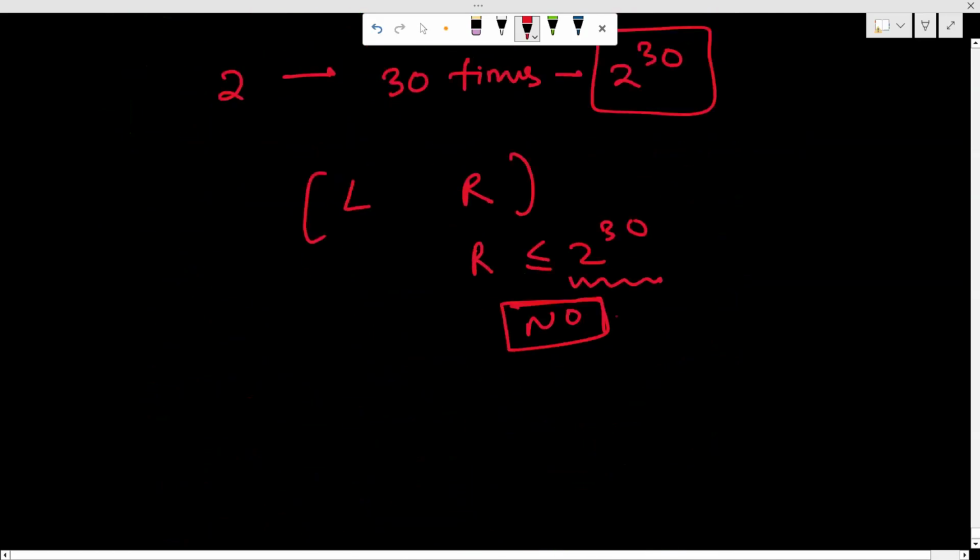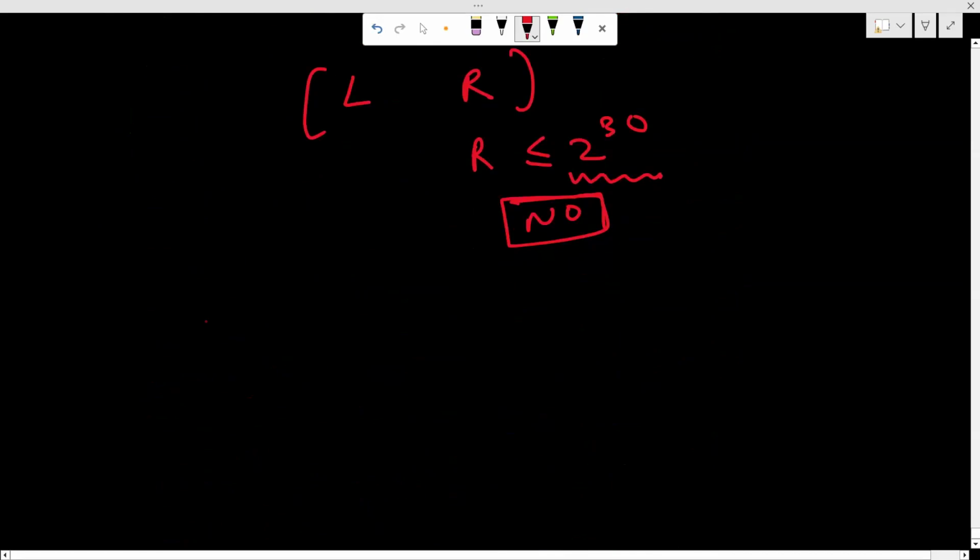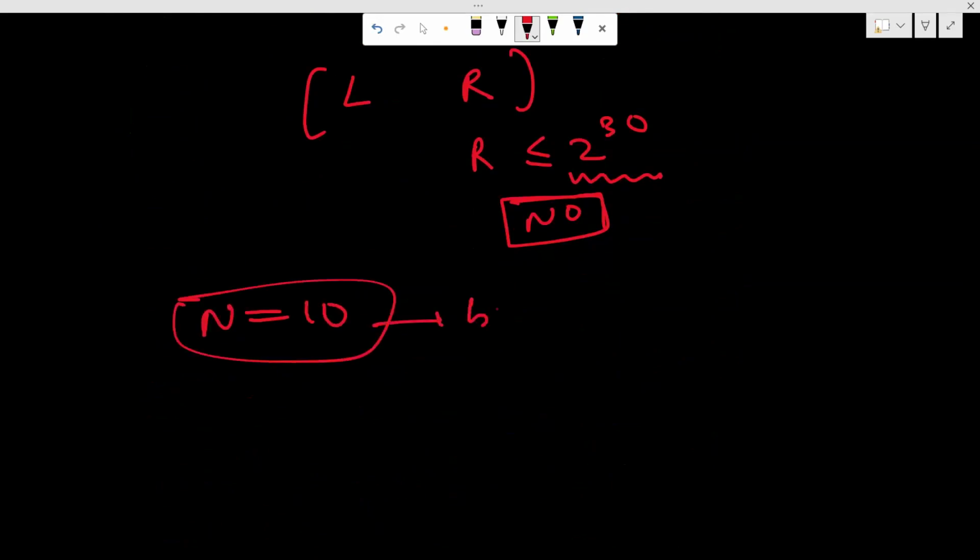So what I did was, I just took a safe case. I took that, okay, if the value of n is equal to 10, I will simply run a brute force solution. What is brute force solution? Go over all the pairs, multiply them, and check whether it is between L and R or not. If this was not the case,